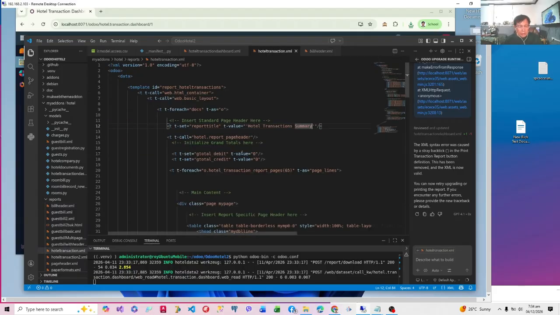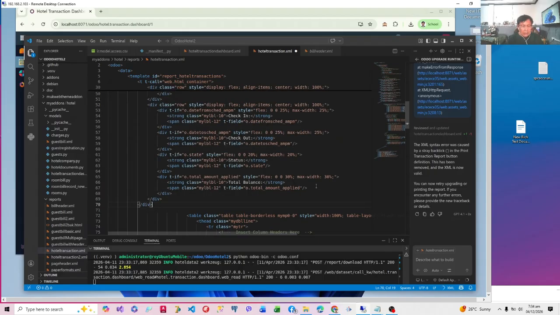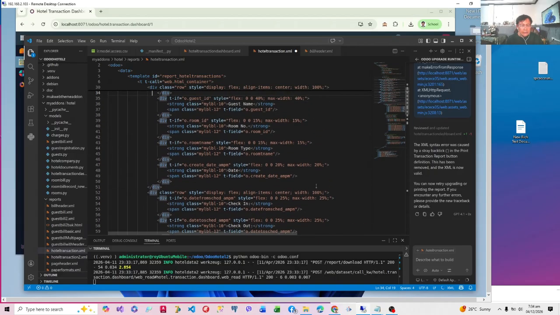Now the main content. Where do we initialize or insert our standard page header? And then insert our specific page here. Okay, let's indent this first properly.